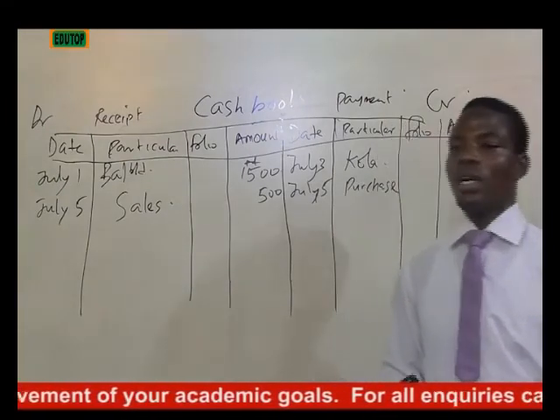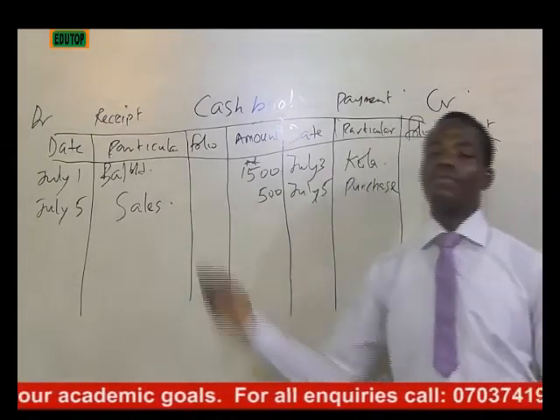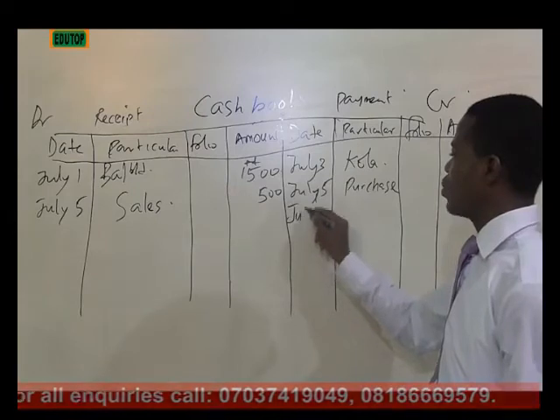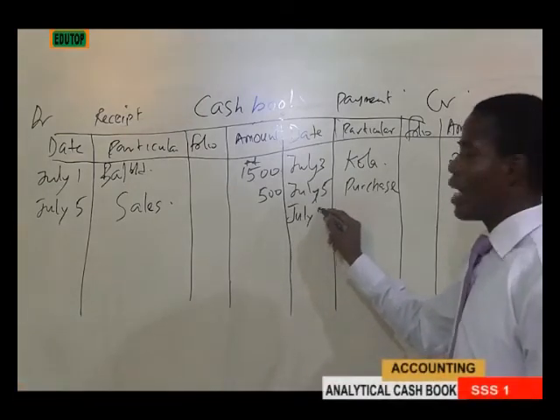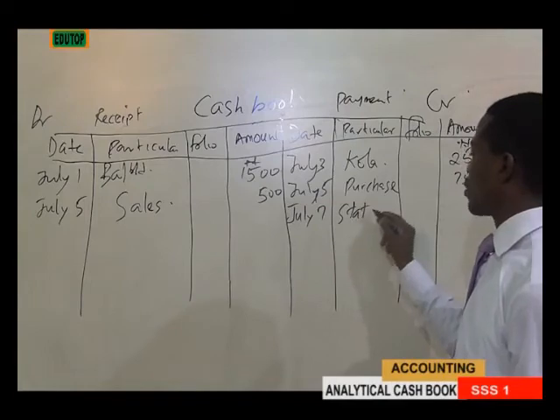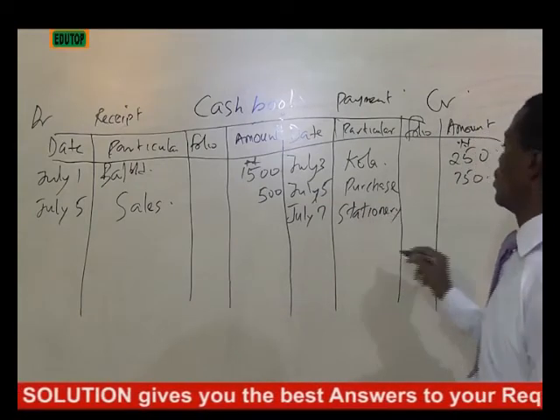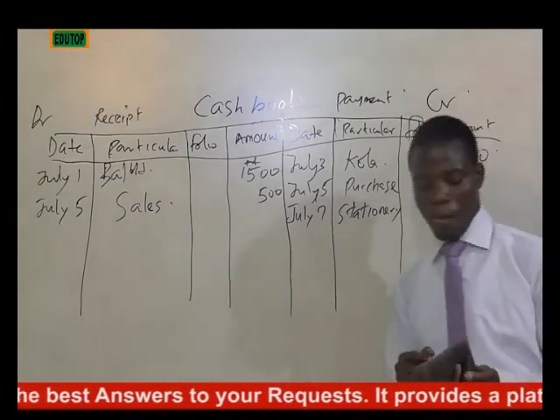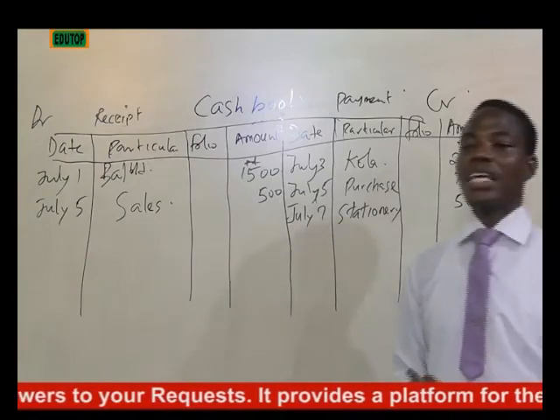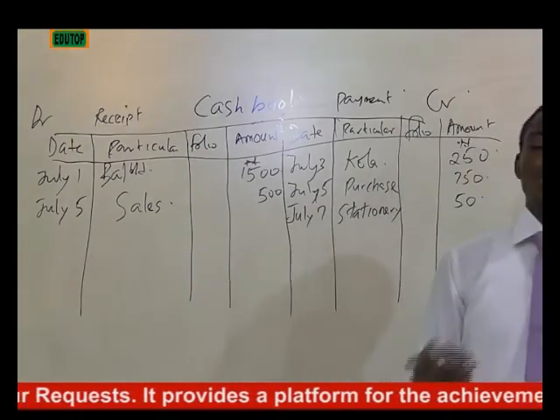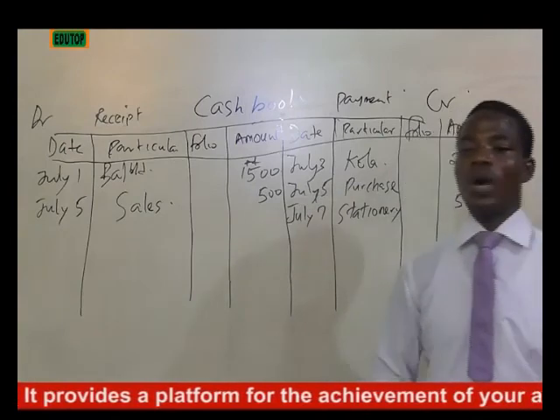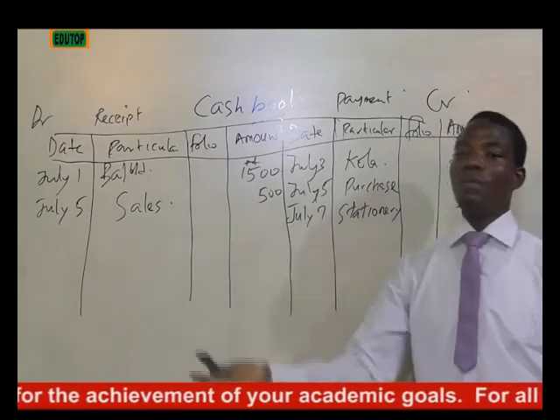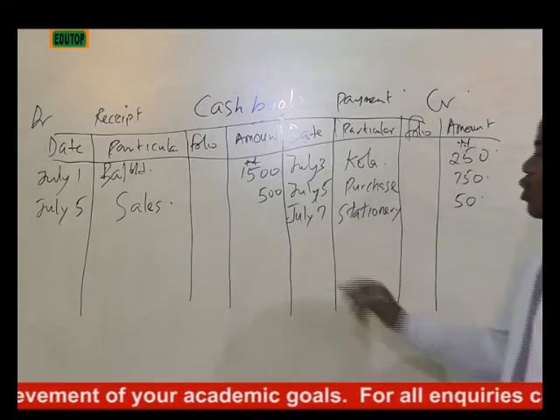Then the next one is bought stationery. Stationery is an expense. When you buy stationery, you pay money from the cash, so that one is going out from the cashbook. That is July 7. You represent the particular with stationery. How much is that? It is 50 naira. Then July 9, paid insurance. Insurance is also part of expenses. When you pay insurance, money moves out from the cashbook, which means you pay money to the insurance company. So that one is